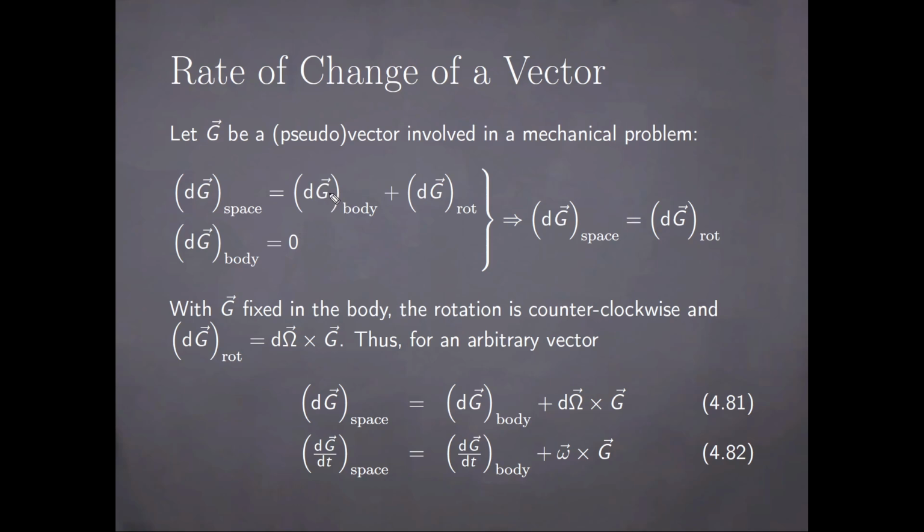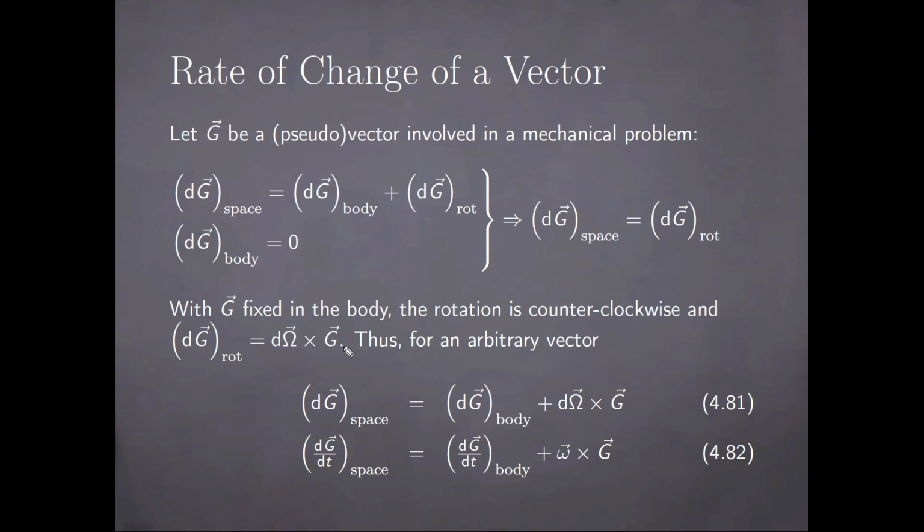Now if we assume that the first term is 0, so that the vector does not undergo a change relative to the body set of axes, then its change in the space set of axes is simply given by the rotation of the body fixed axes. So when the vector G is fixed in the body, the rotation is counterclockwise, and then its differential change in the rotating frame is given by the cross product here, as we